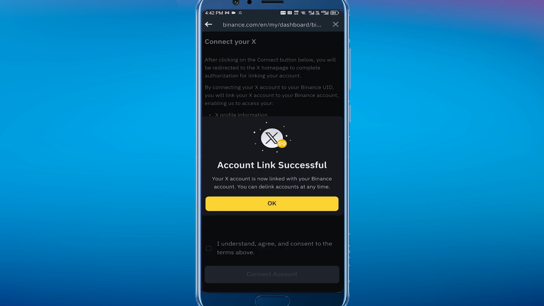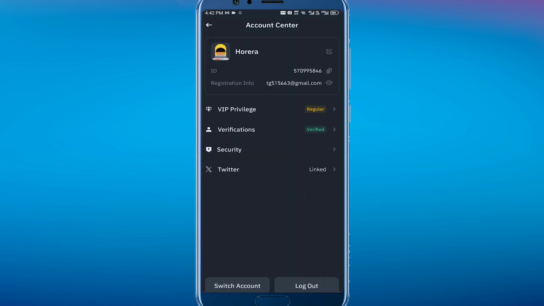And as you can see now, account link successful. So tap on OK, and now you have successfully linked your X or Twitter to your Binance. So that's pretty much it for this